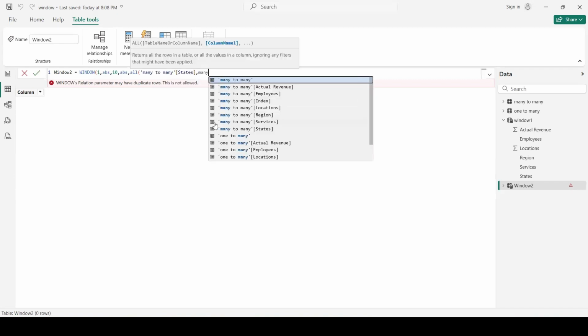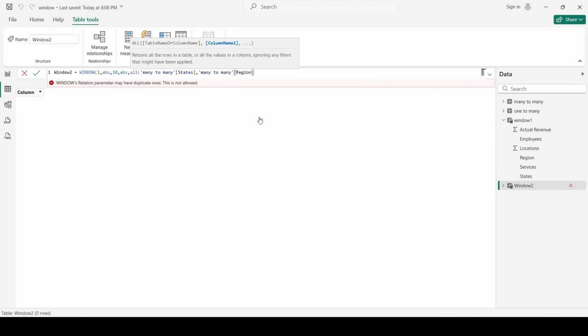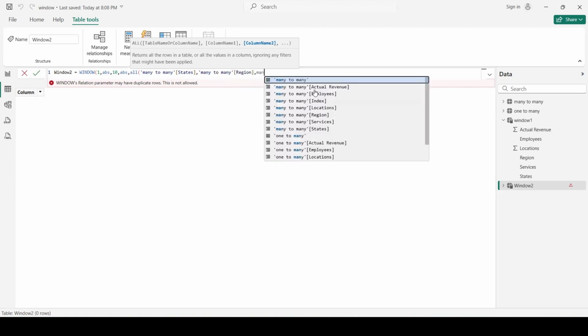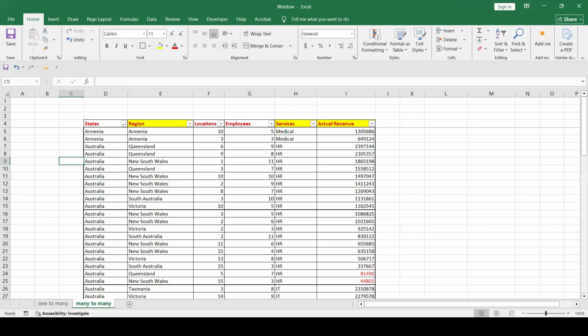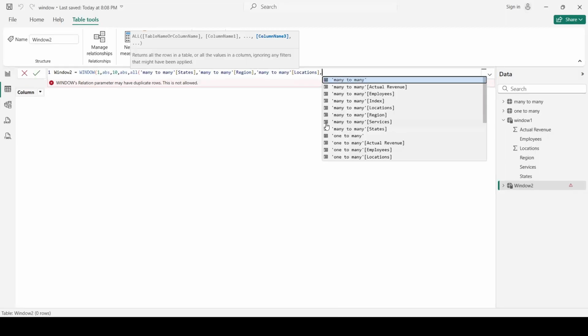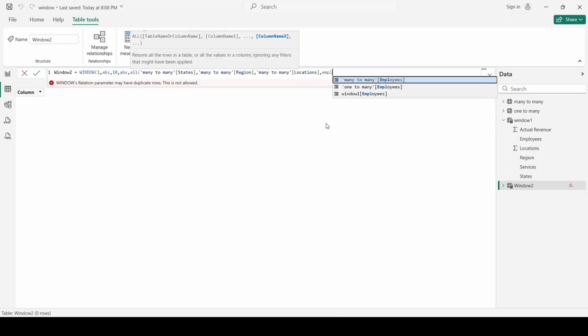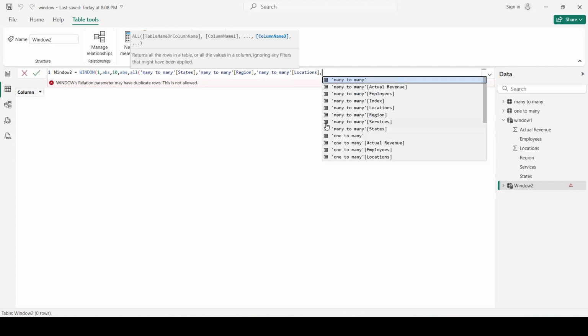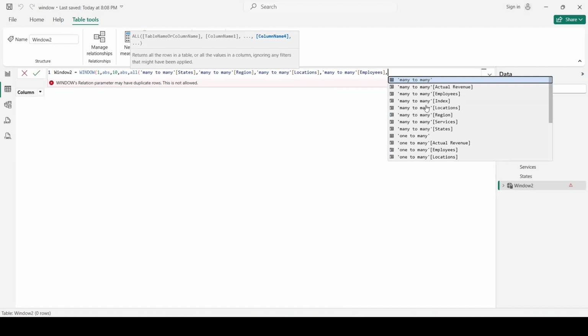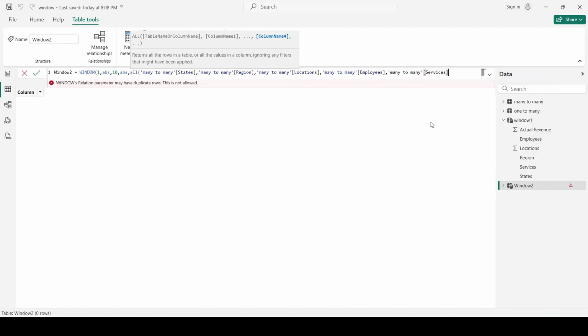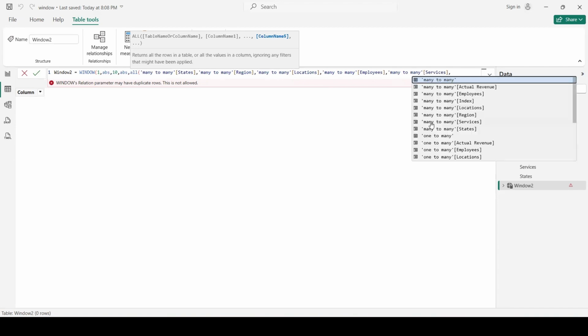So management states, region, locations, states, region, locations. Employee services, actual revenue. Services, actual revenue.